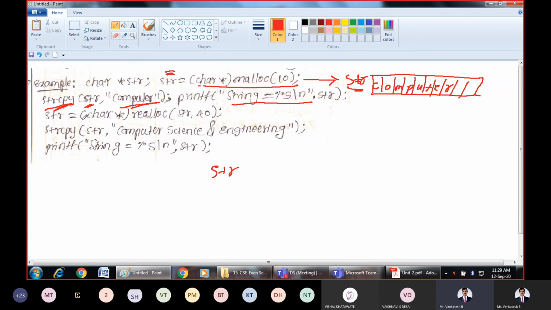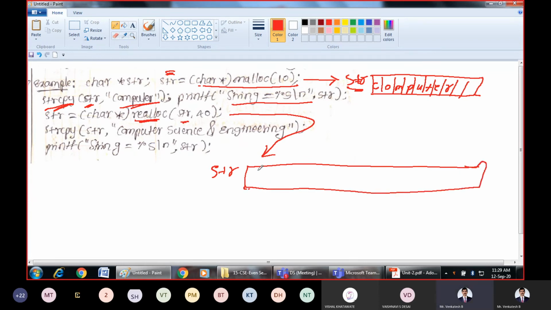So for that purpose, what we do in this line here is we are trying to reallocate memory for this str. The present memory is 10 locations. How many locations do you want to allocate? You want to allocate 40 locations. Now this str will get 40 locations.